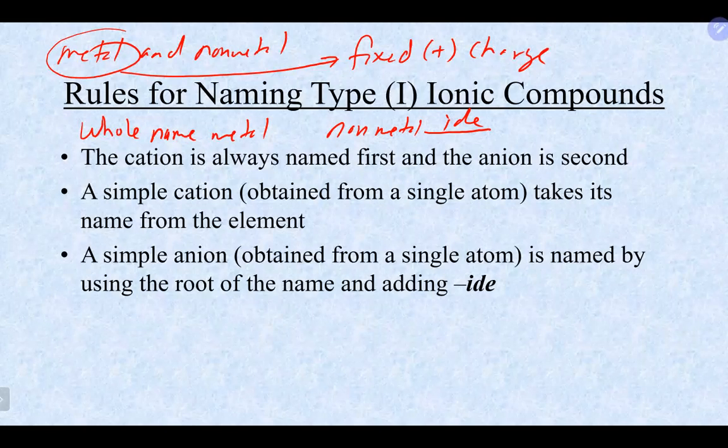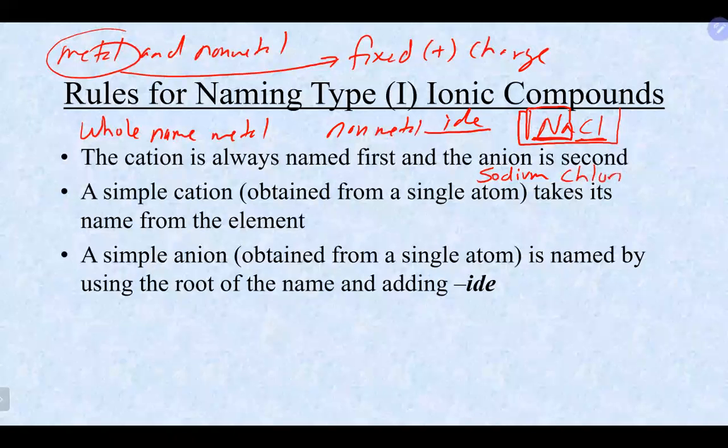So for example, our NaCl, when we look at this, first off, Na is a metal, Cl is a non-metal. It is the metal that's most important. So sodium is group 1, which means it has a fixed charge. So that means that's all you need. You would call this sodium, whole name, and chlorine becomes chloride. If you had something like